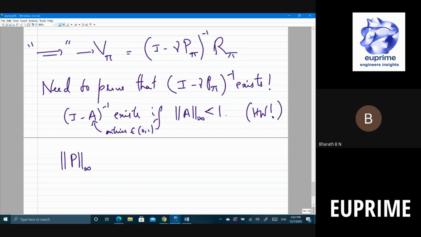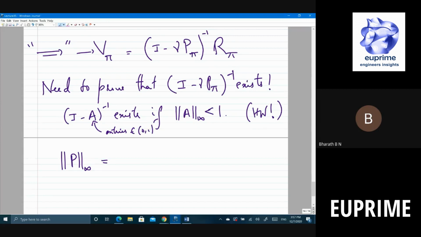Maybe if you are not clear, I'll come back to this in the next class. So what is the infinity norm of P? What do you think is the infinity norm of P? Maximum of the components. Yeah. So this is the infinity norm of the P matrix, right? If it's a vector, it's the sup norm. Basically, you look at the supremum of the absolute value of all the components. Do you agree? If it's a matrix,